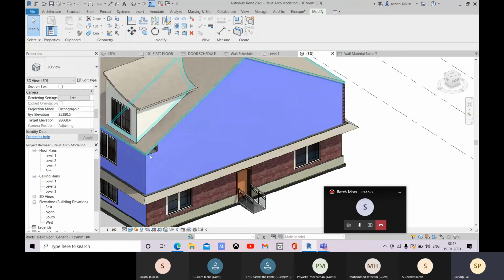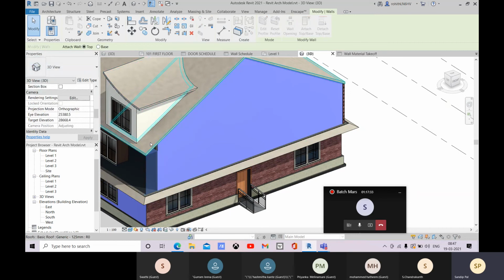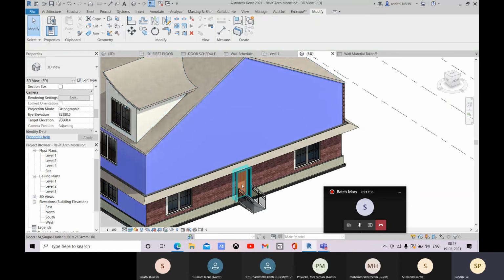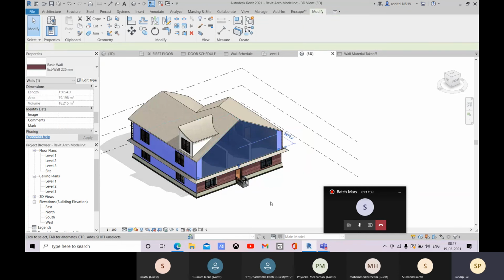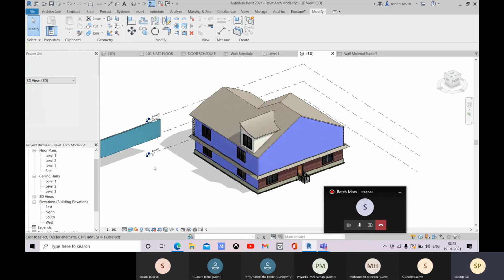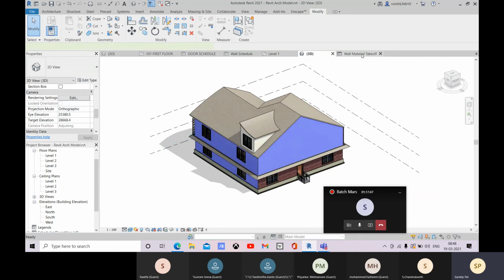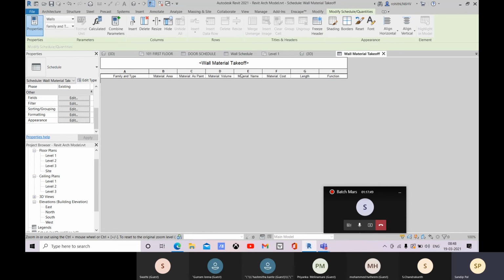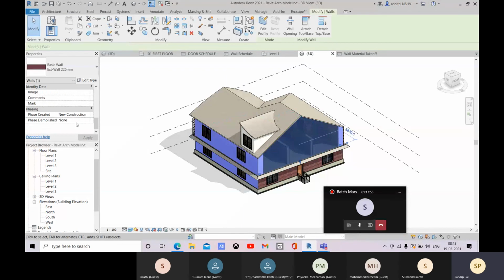Yeah, so here we have attach top base. So that is okay now. All right, for this file, and let me delete this one now, and about this let me just define it to existing.